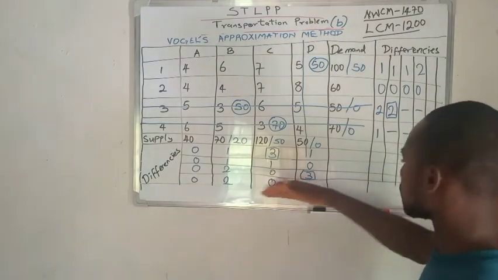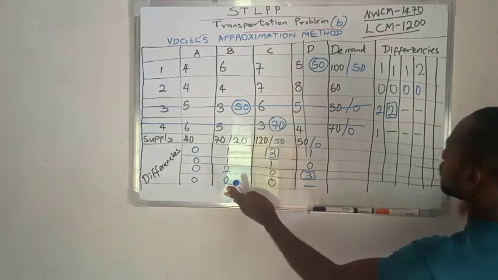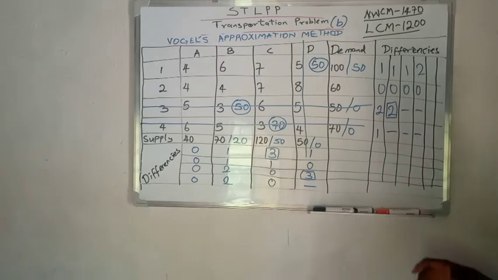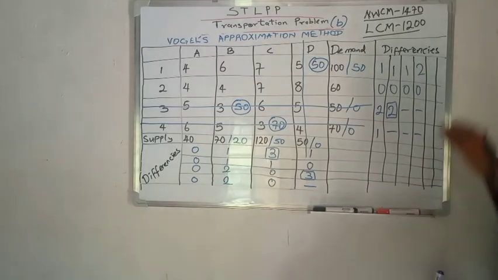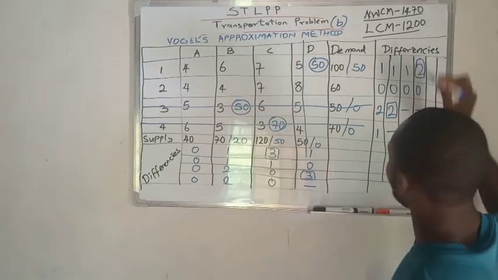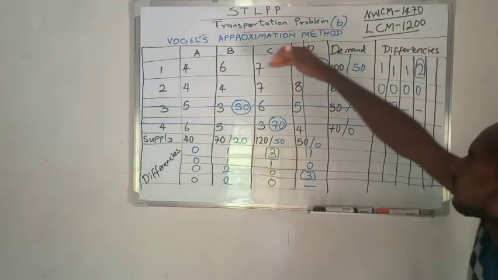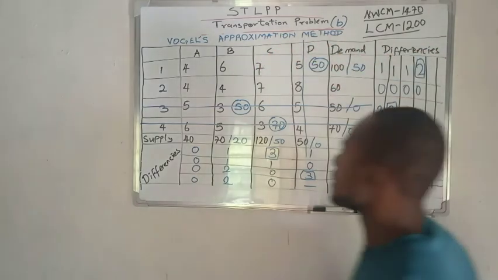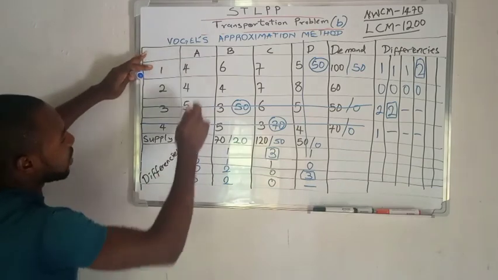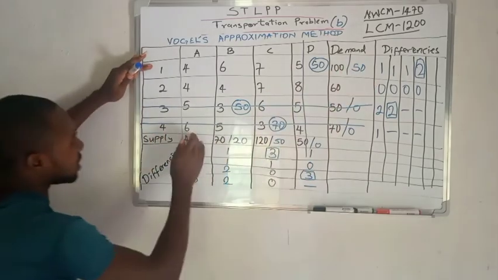So check through the biggest difference. Right here we have 2, and we also have 2 here, which are the 2 biggest differences. So we just pick one of them and use it. So let's go with this. We have 2 here, and then we check what's the smallest cost in this row. The smallest cost here is 4, and we have 4 here. So we check what's the supply, 40, and what's the demand, 50. So we give them 40,